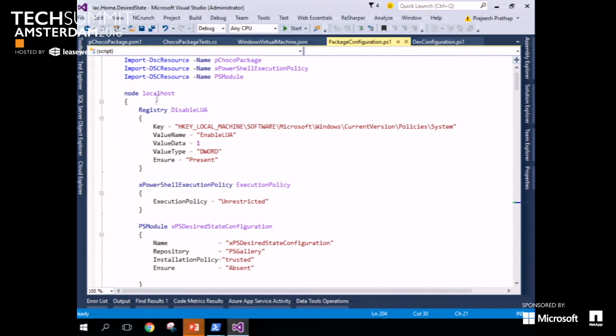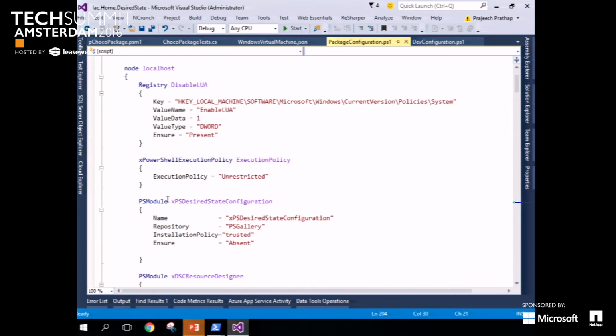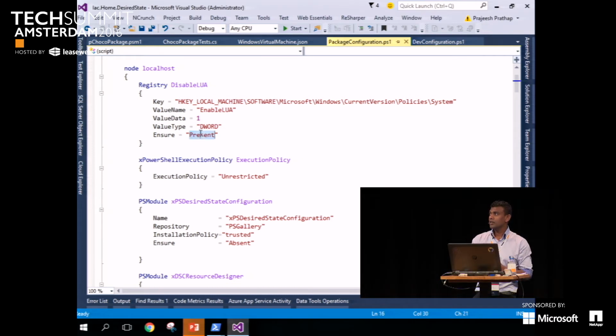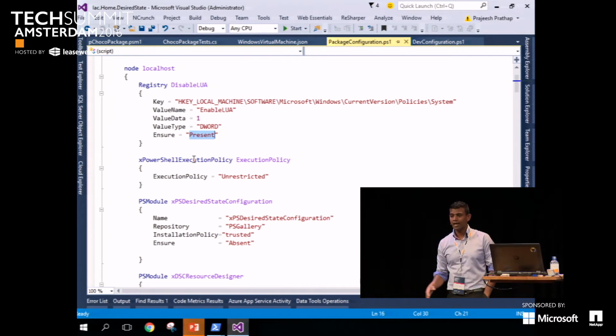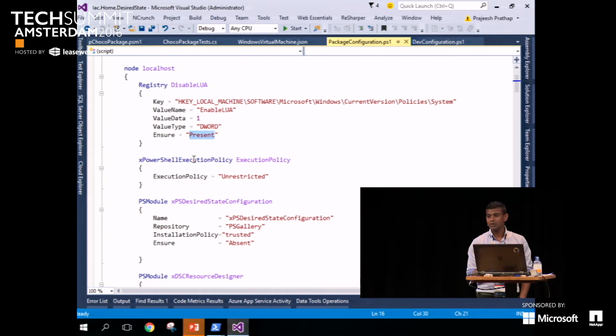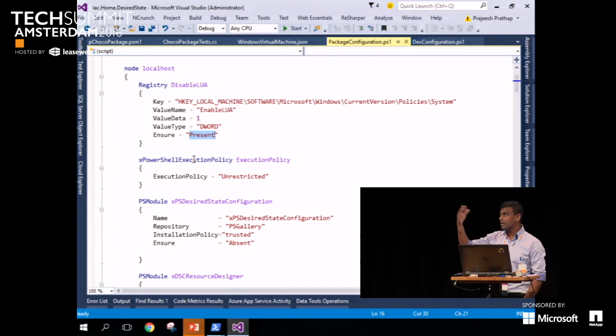And then you can see a language which is pretty much readable. It's not like a scripting language or something. It's very declarative. So you can see that these are the resources which we're talking about. These are the items of complexity which you don't actually document. So you can see that I have some registry changes over here. I have some policies to be executed on the machine and things like that. Each of them is pretty straightforward. If it's a registry, it applies that, and this is very important, Ensure equal to present or absent. So you can switch it off and on by changing that flag. If you don't want that to be installed, you can just say it's absent and run this one, or push it to the server, and this will be executed over time.